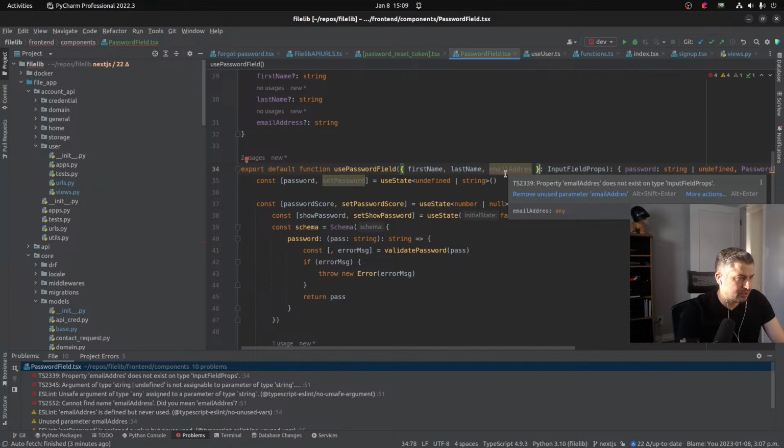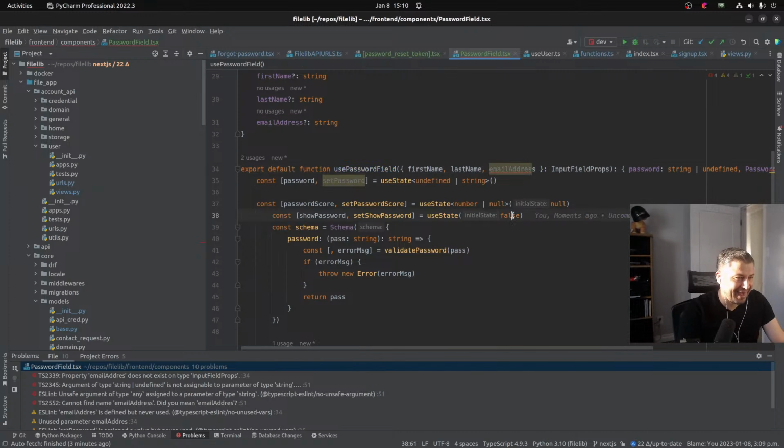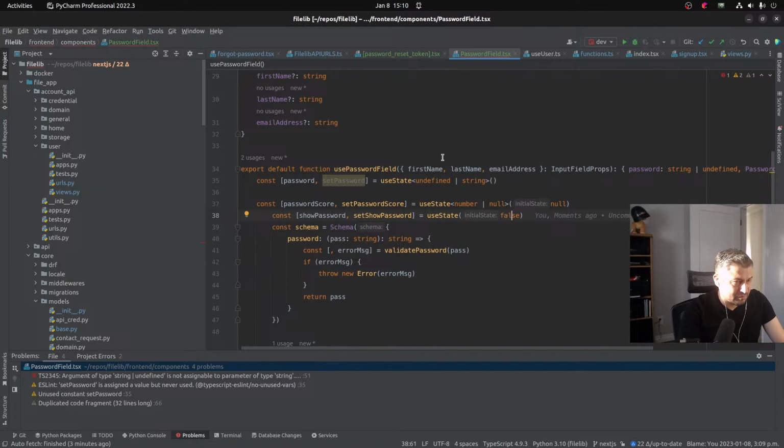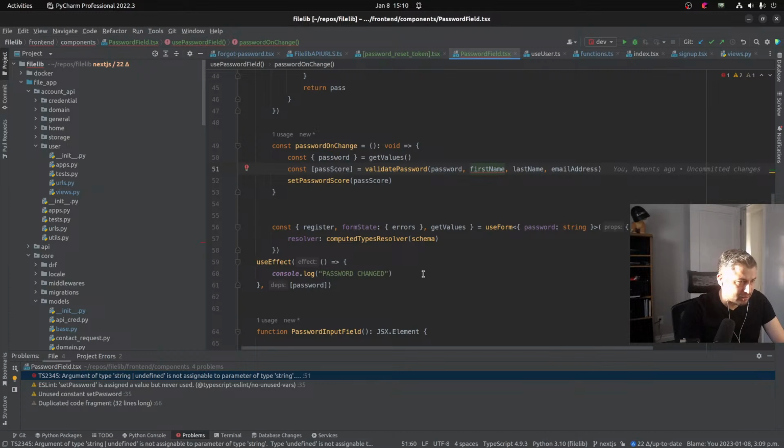Property address does not exist. Oh, it is missing an S. Okay, so I have seen another error. Argument of type undefined is not assignable to. Oh,